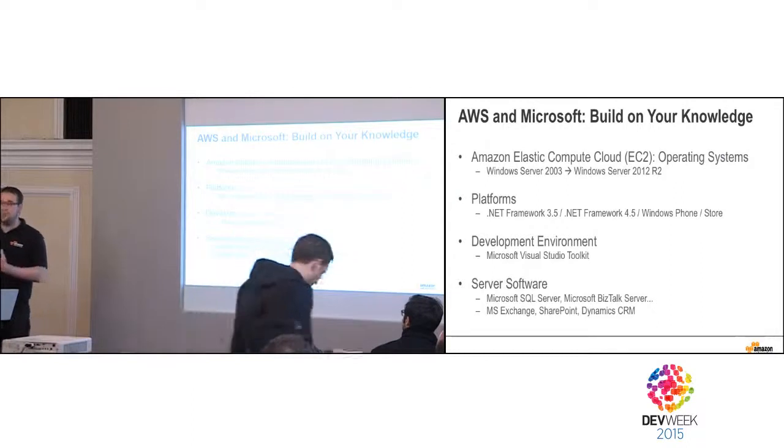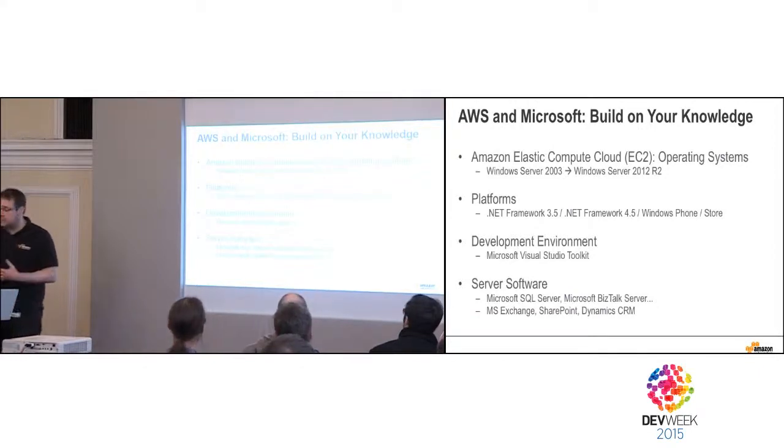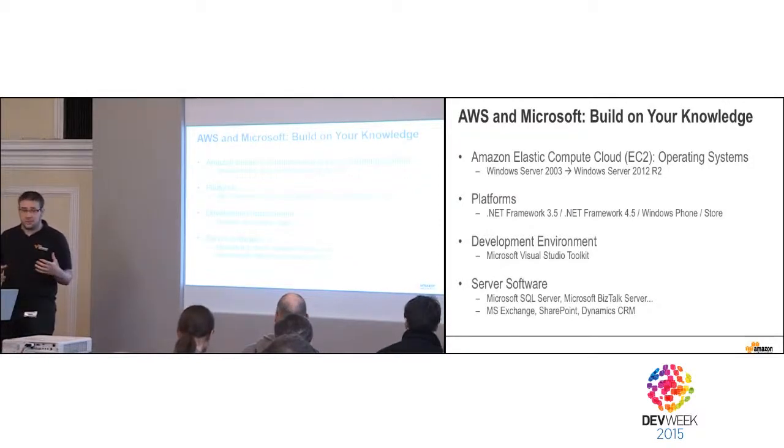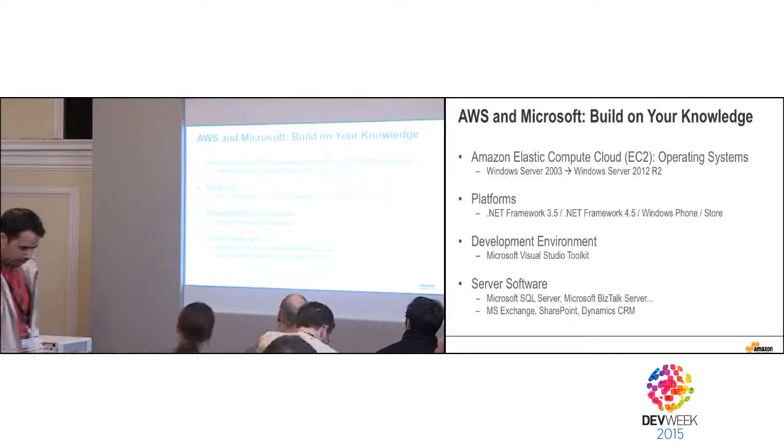You can use the platforms you want, either to run applications on AWS. Since Windows, anything that runs on Windows is going to run on AWS. But we also have, and we'll see, SDKs that give you access from the .NET framework, from Windows Phone or Windows Store, to the AWS cloud. So if you want to have storage in the cloud from your application, whether it's a desktop application, server application, or a Windows Phone application, you can integrate that directly to AWS with the .NET SDK. It's also fully integrated with your development environment. I took some time for a demo by the end of the talk.